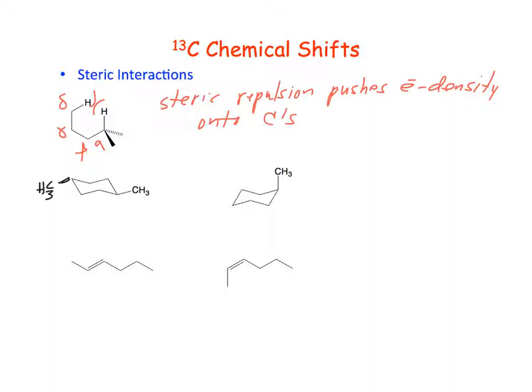Okay, so 22.7 for the methyl group. This carbon here is at 32.65. This carbon over here is at 35.65. Now, if this methyl group is axial, then